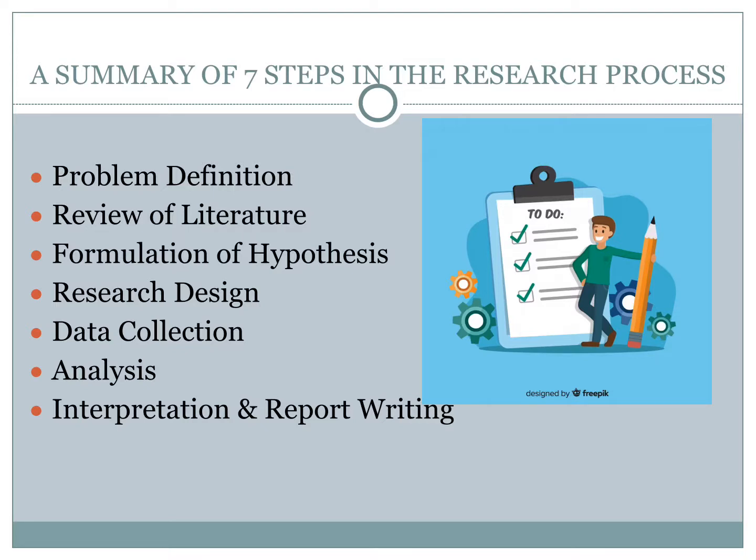Now, I would say problem definition and review of literature go hand in hand. You cannot identify a problem or a research question without carrying out a review of literature. So, in order to identify a research question, you are required to do some groundwork, and part of that groundwork is review of literature. You cannot just identify a topic just like that without any basis. So let's look at how you carry out the different steps in the research process. What are they and how do you work on them?